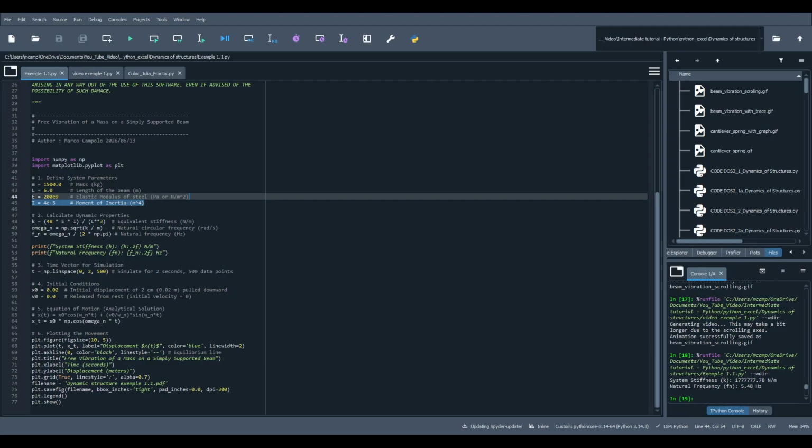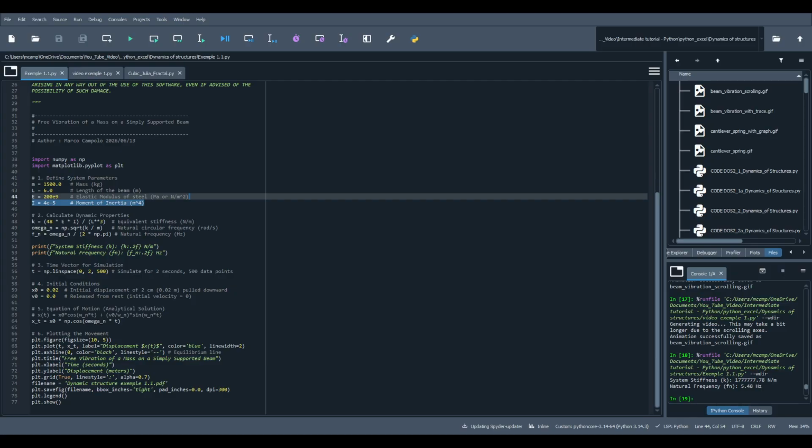The time starts from 0 with 500 data points. The initial displacement is equal to 2 centimeters. The initial velocity is equal to 0. The equation of motion is x(t) equal to x0 multiplied by cosine of omega n multiplied by the time t. In lines 67 to 87, we plot the displacement as a function of time,